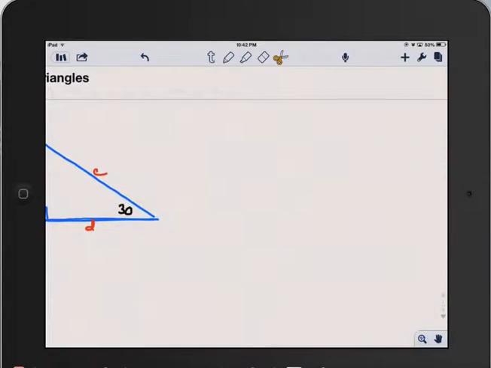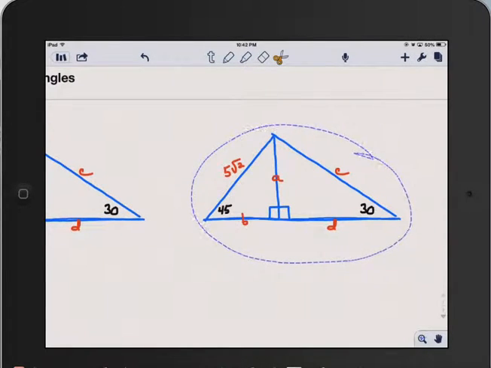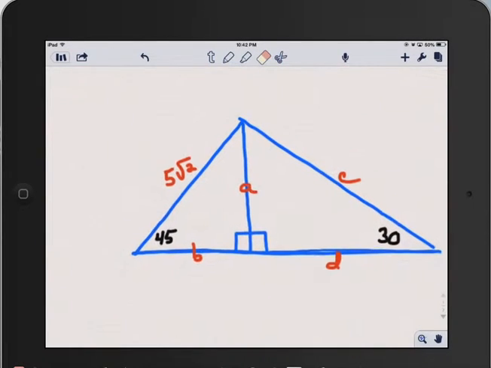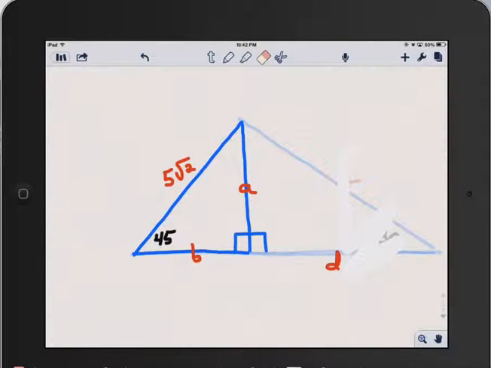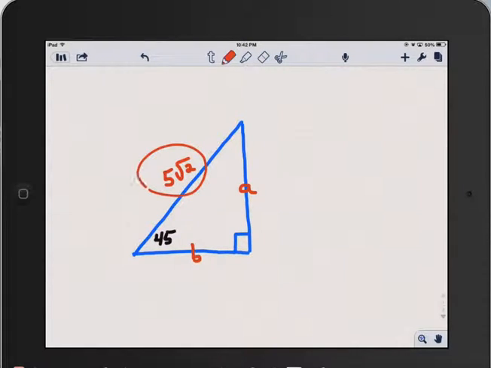so I can go back to the original diagram and get rid of part of this diagram, and I work on part of it at a time. So I'm going to focus first of all on the 45-45-90 triangle on the left. Getting rid of the triangle on the right, we have the hypotenuse is equal to 5 times square root